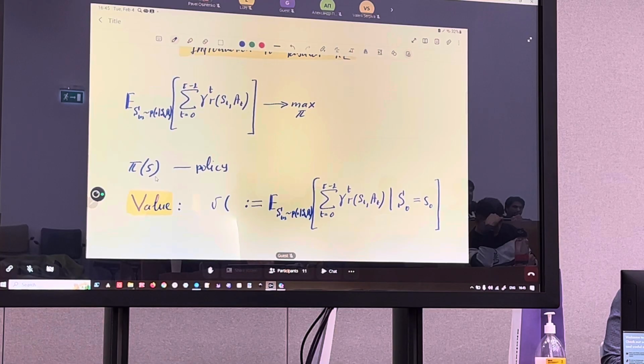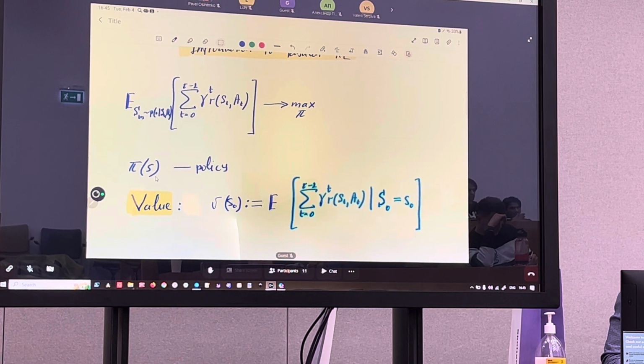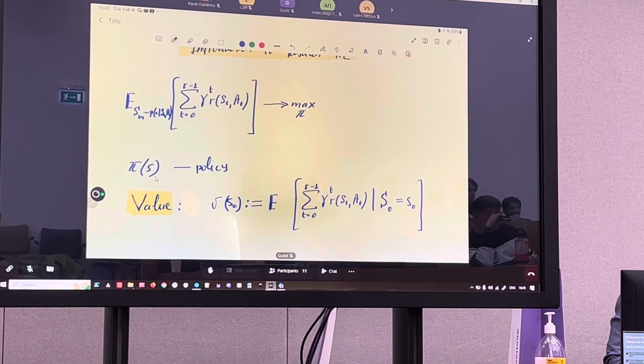So that normally goes as the argument of the value function. Now, this cumbersome description over here, as I told you, is sometimes shortened into just P, and then of course,